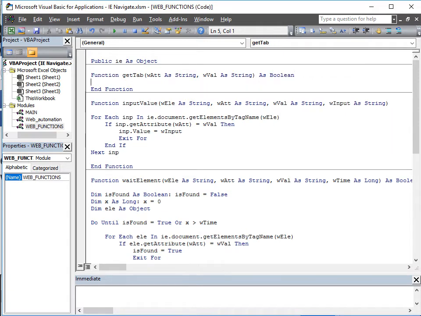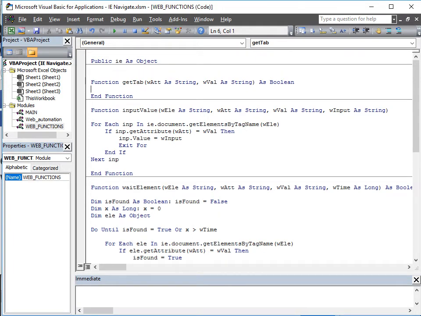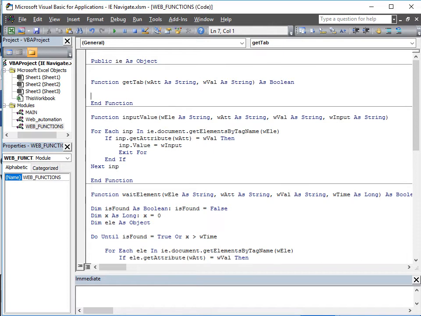and maybe we can set it as boolean. So if the tab was not found, we need to inform the user that there's no existing tab with the URL or title that we are looking for. So let's start with For Each IE, or let's say IE tab, in CreateObject Shell.Application.Windows,